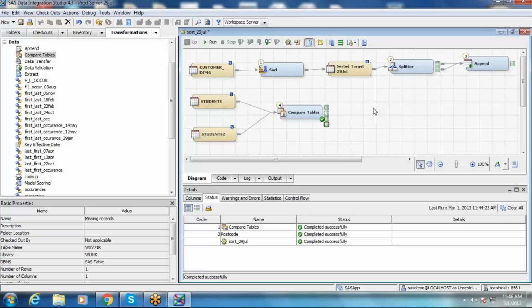Second way, proc SQL, select star from so and so, where customer country code equal to AU or US, whatever. That is second way. If you want to go for group by, you can use proc SQL straight away, right? Or you can use proc sort by. It is automatically grouped.